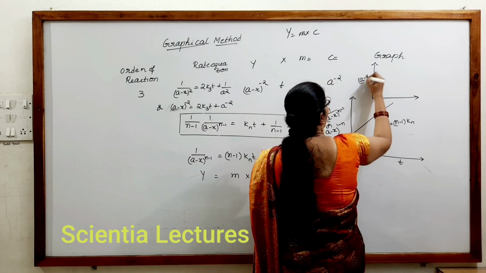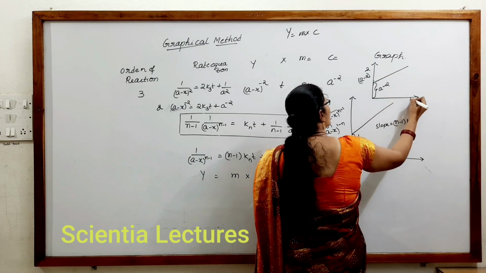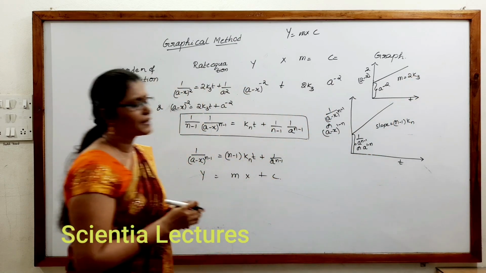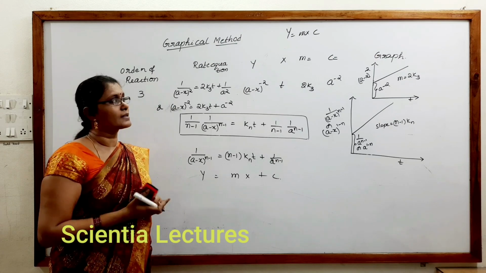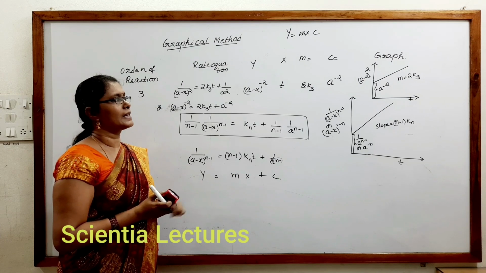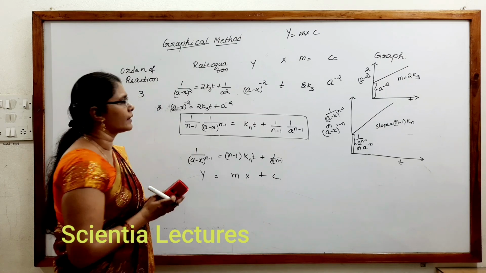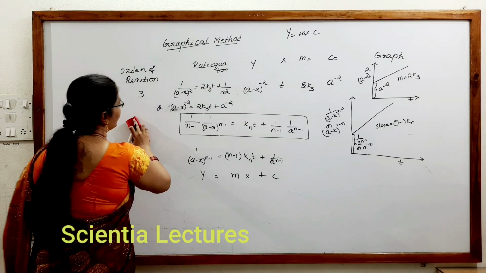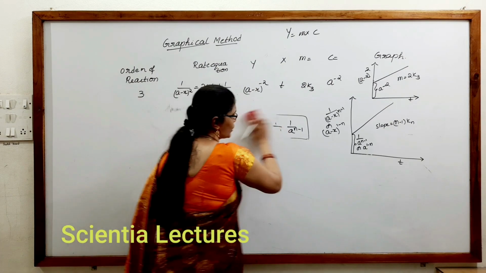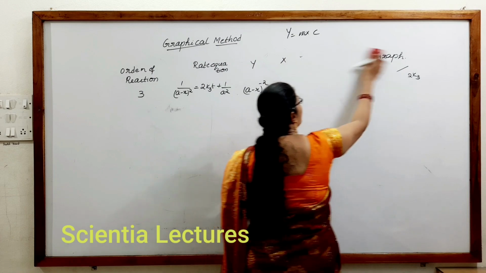A minus x to the power of minus 2 with a positive slope, taking a power minus 2, t in x-axis. Slope must be equal to 2k3. So if such kind of graph is given, that is, slope is 2 times the rate constant. When we plot a minus x to the power of minus 2, t in x-axis, slope is 2 times the rate constant, if they have mentioned it is a third order reaction. So now, for an nth order reaction, we have seen already the graph and the equation and what should be taken in y-axis and x-axis. So this is the graphical way.